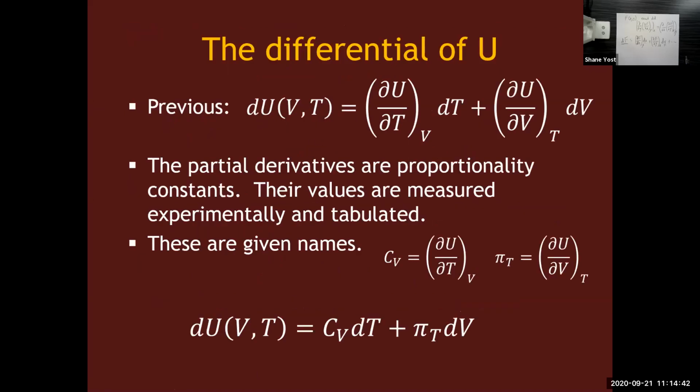This change in internal energy is related to change in temperature and volume with these partial derivatives. We have talked about what these partial derivatives are related to, one more than the other. We talked about the heat capacity at constant volume, which is equal to that slope: how the change in internal energy depends on a change in temperature under constant volume conditions. That is the definition of CV. And then we mentioned back